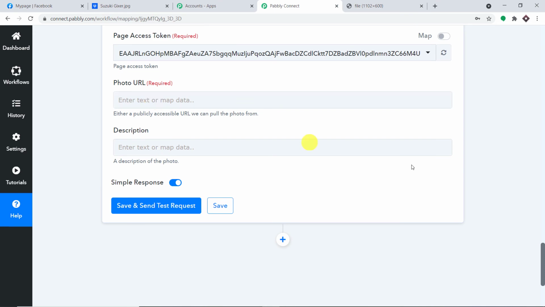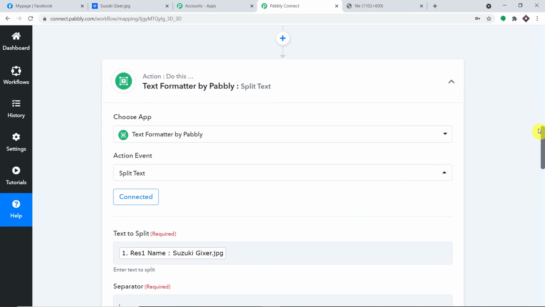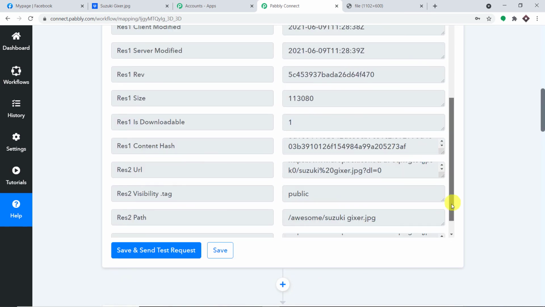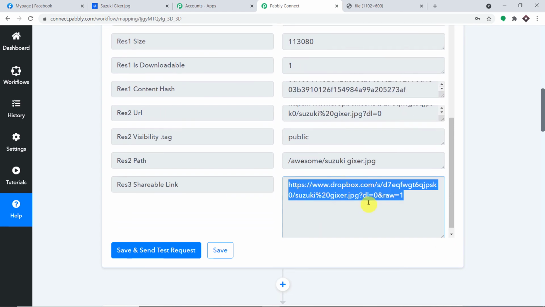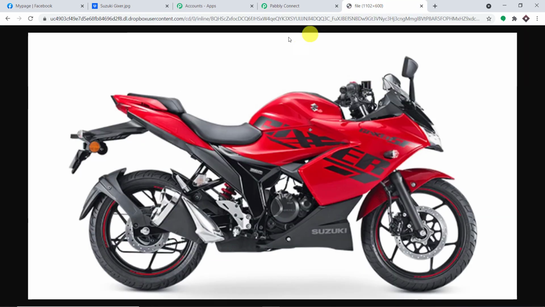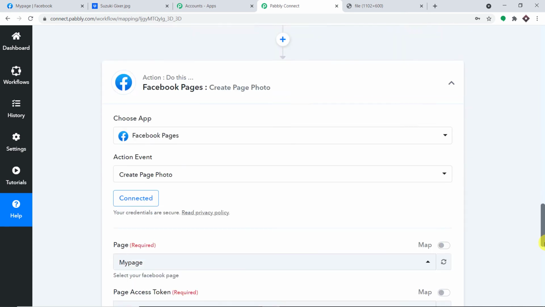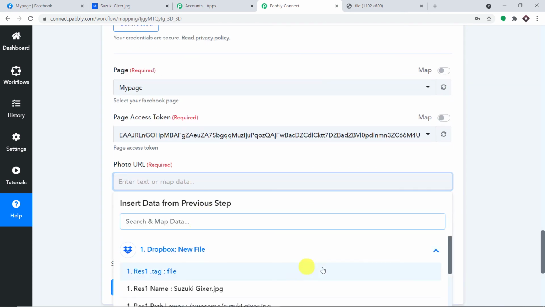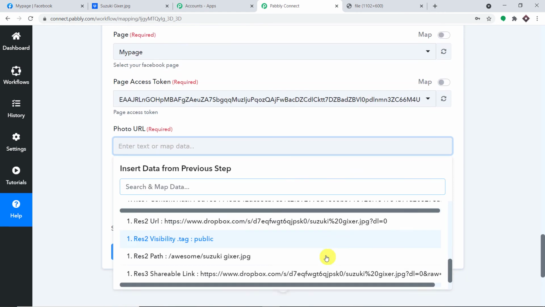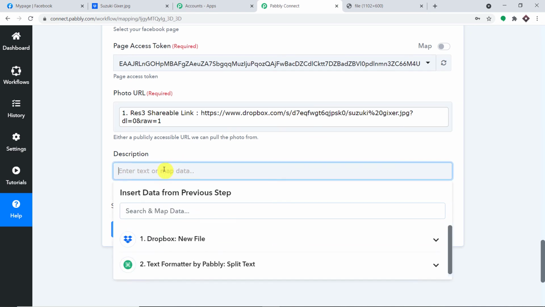Now let's map the photo URL. Now this is your photo URL. You just scroll up and let me show you the photo URL. This is basically the photo URL, and I have actually shown you what will happen if you just paste it in a new tab and press enter. So this is the image. So we are going to map this particular detail here. We just click here, click on the first accordion, and this is the image URL, and we have mapped it. Excellent.